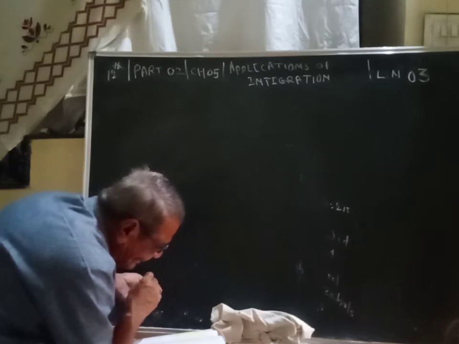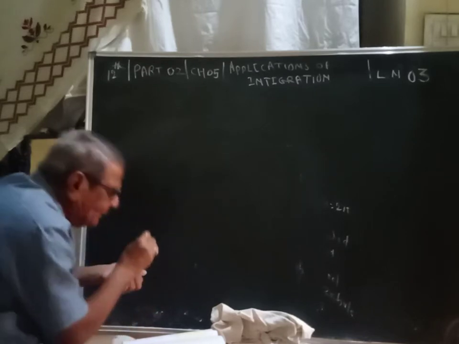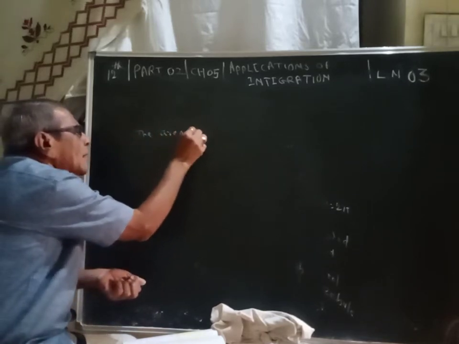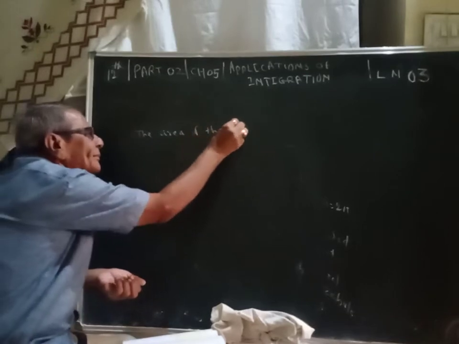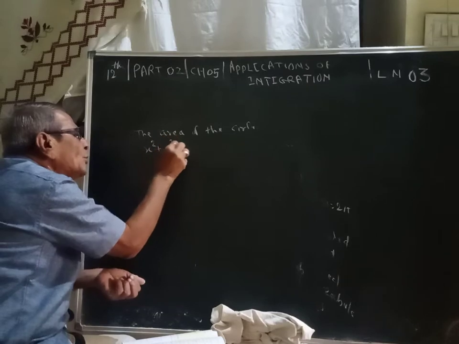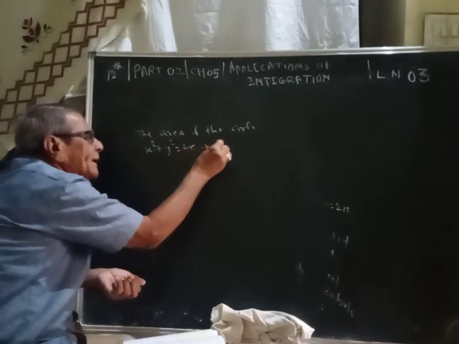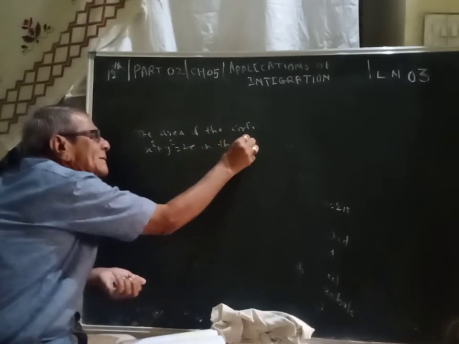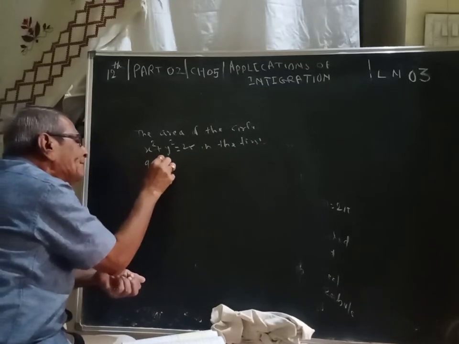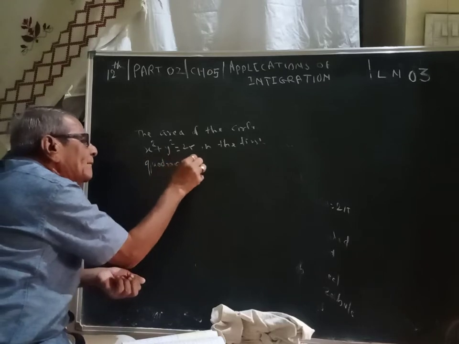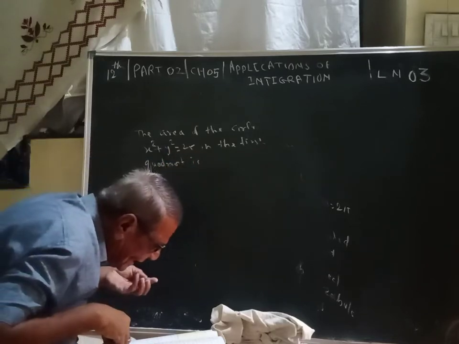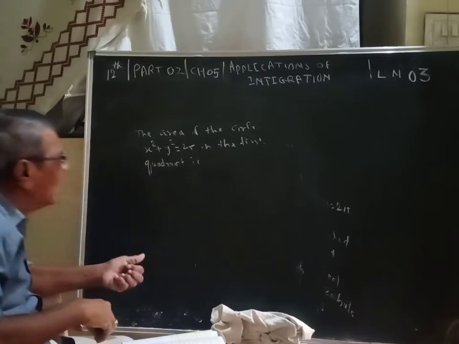Find the area of the circle x square plus y square is equal to 25 in the first quadrant. He is asking us to find out the area in the first quadrant only and not the area of